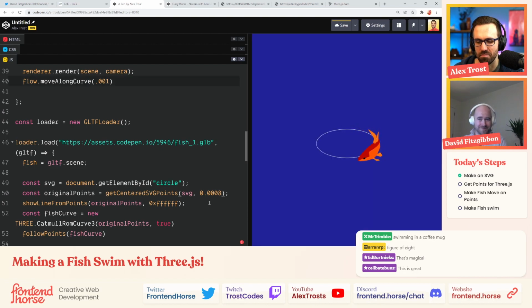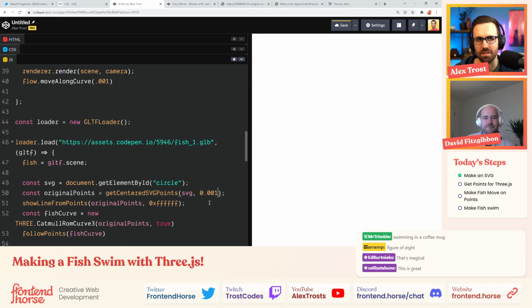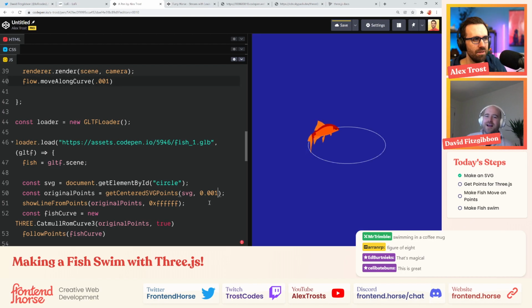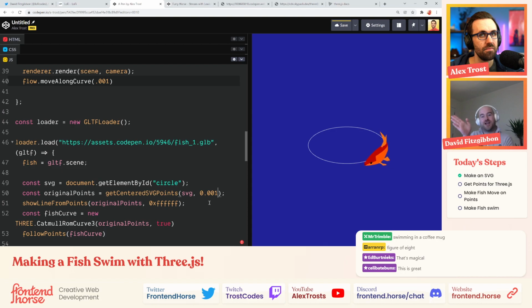This is a very simple kind of path that we've constructed. We could definitely get something a bit more fun a bit later, but yeah, this is great. But it's still warping to exactly that shape, which fish don't do. We want to get that little wriggle going in. Oh, got it. Yeah, that's a good point. So we're going to take the points that we have and just move them